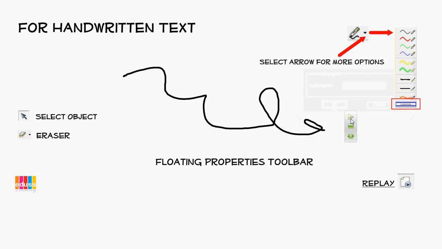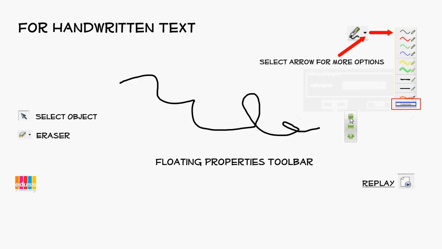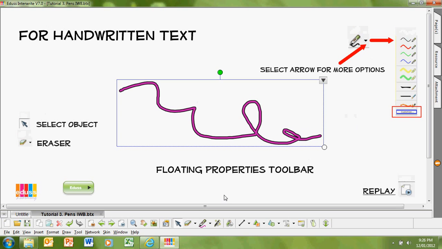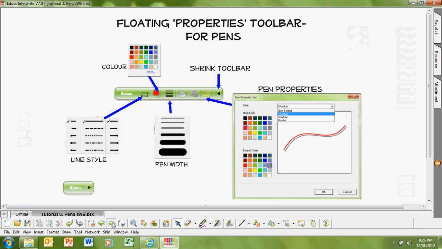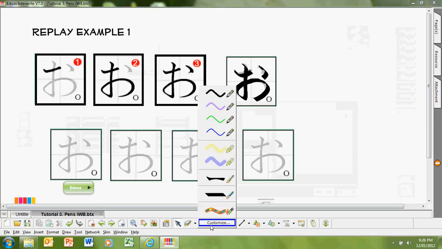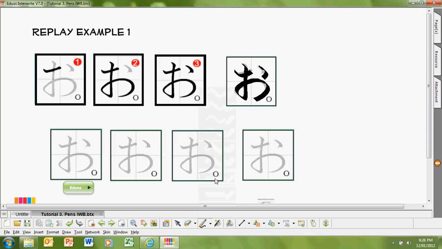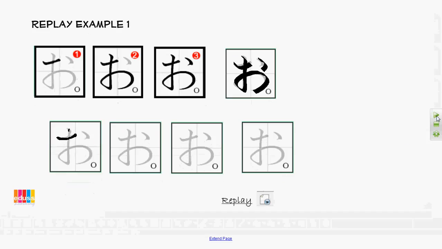And when I hit the play button, this will continue to move, and every movement that I made will continue to appear. So all those changes that I made are now appearing on the screen. Another way that you can use this using the calligraphy pen is to show step-by-step motion. And if we hit the replay button, once again we can pause this at any point, hit the play button,